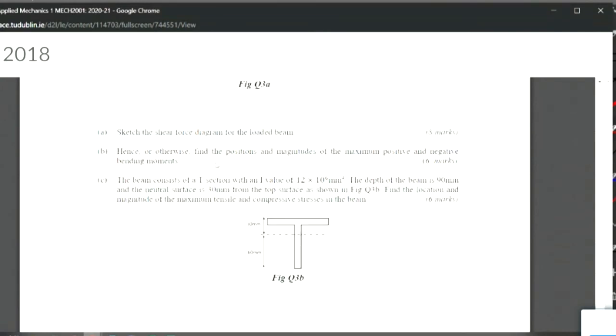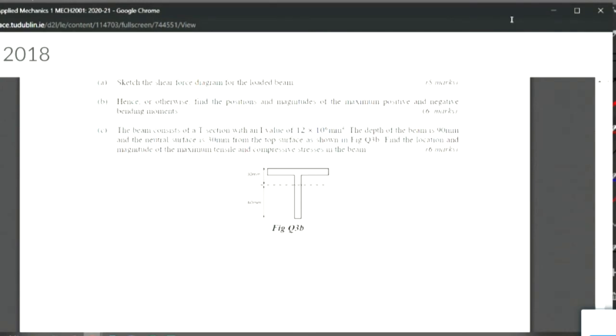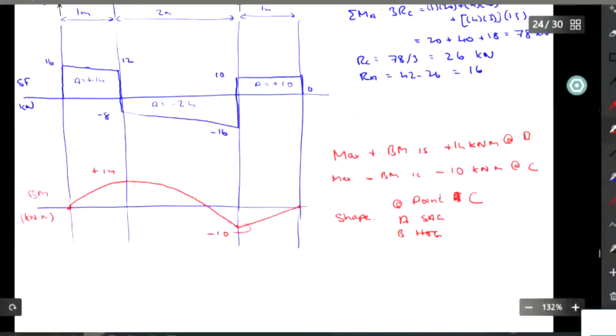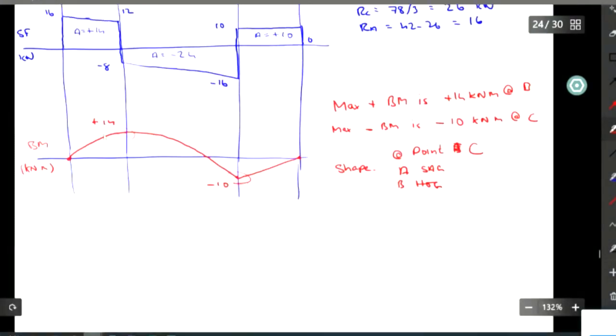So you're asked to find the maximum magnitude of the maximum tensile and compressive stresses in the beam. If you look at your shear force diagram, or your bending moment diagram, you've got a positive and negative value there, which are kind of close to each other. So you can't just take it for granted that one is bigger than the other. I mean, if the top one was huge and the bottom one was tiny, you might do that. But if you take the beam section,